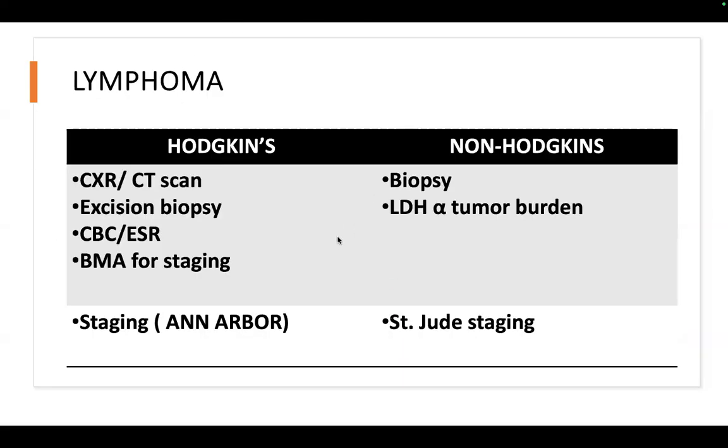Now for diagnostics: X-ray, CAT scan, staging. The staging is different for Hodgkin's and non-Hodgkin's. This is what you should memorize. In Hodgkin's lymphoma, they use what we call the Ann Arbor classification. In non-Hodgkin's, what they use is the St. Jude classification. Now, assignment: post in your respective Telegram groups a photo of non-Hodgkin St. Jude staging and a photo of Ann Arbor